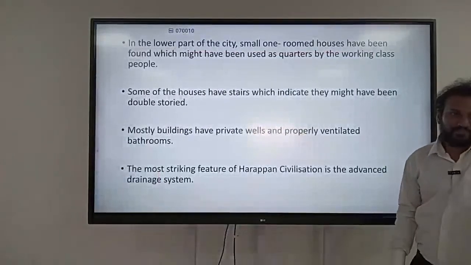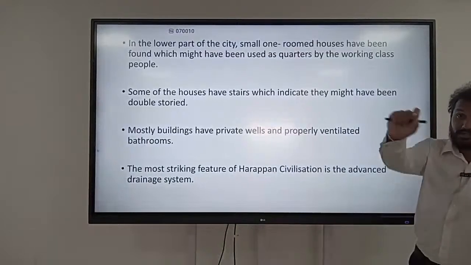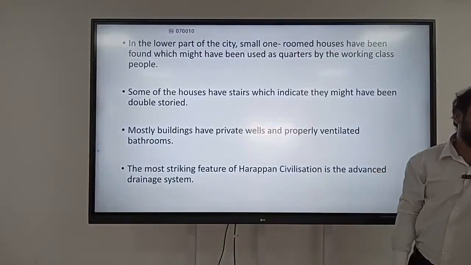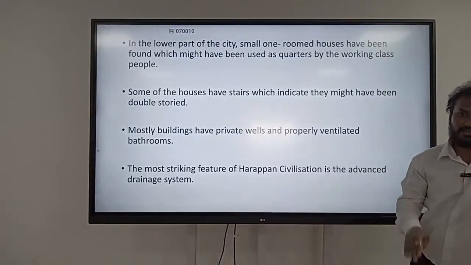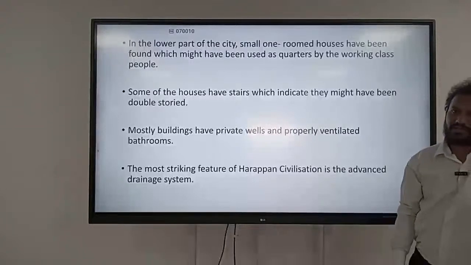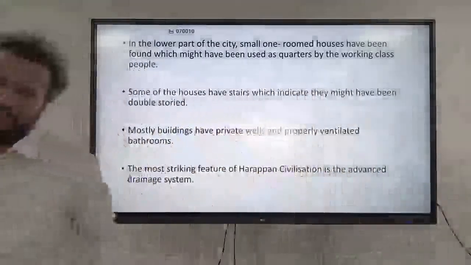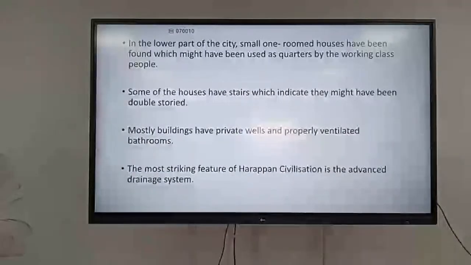Then next. Now we discuss the uplifted high platform citadel, or western part of the town. Now we will discuss the eastern part of the town, which is at a lower elevation. In the eastern part, at the lower elevation, they have found houses. But the size of the houses is very small compared to the big buildings on the western side. Not huge houses or huge constructions are there in the eastern side of that city,